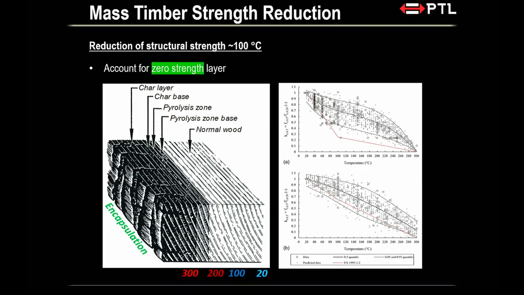Zero strength layer comes from AS 1720 Part 4. So for various types of element, you have a zero strength layer. And then if you look at Eurocode, Eurocode has a different definition of zero strength layer. So at the end of the day, a structural engineer, at some point, will also have to make a decision. What zero strength layer should I use? Does anybody know the standard zero strength layer? Sorry? 7, right? 7 is from AS 1720 Part 4. But if you look at Eurocode, depending on your element, it could be 10, it could be 15, something like that.